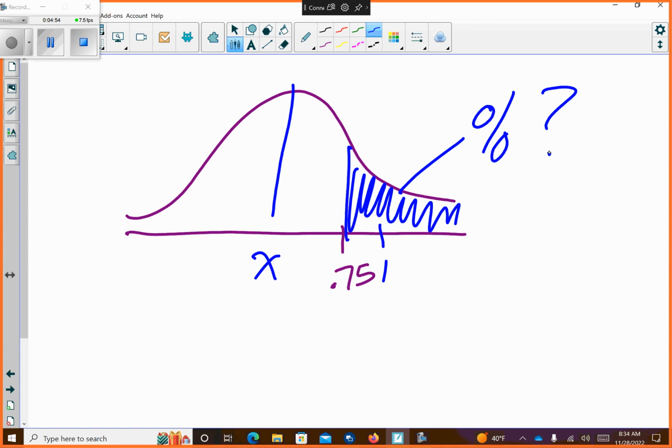Now, back in the olden days, you had to go look at the big old table of stuff and find as close as you could to 0.75 and decipher whether you're looking to the right or to the left of the area underneath the curve. We have technology that'll take care of that for us. Okay, so you can indeed use the graphing calculator for this. Okay, the TI-84s work nicely. We have the rules, but they use something called normal CDF. But what we're going to use,